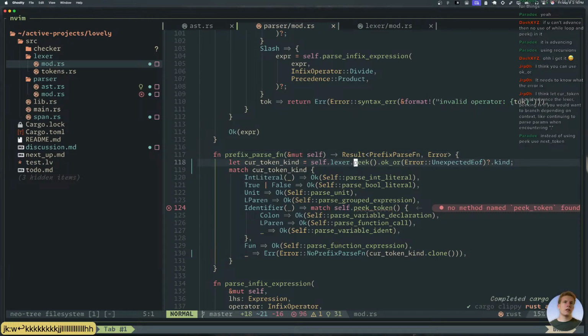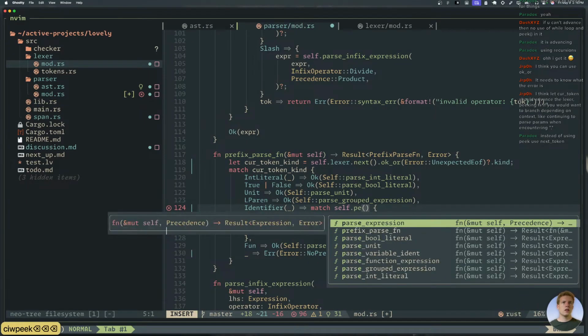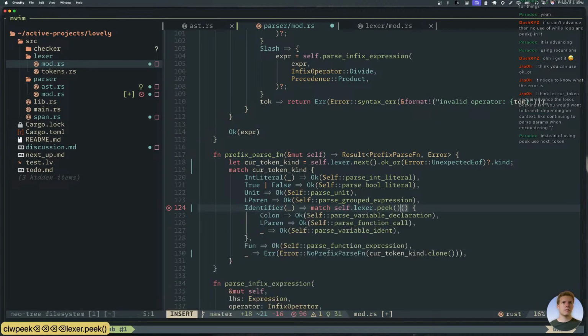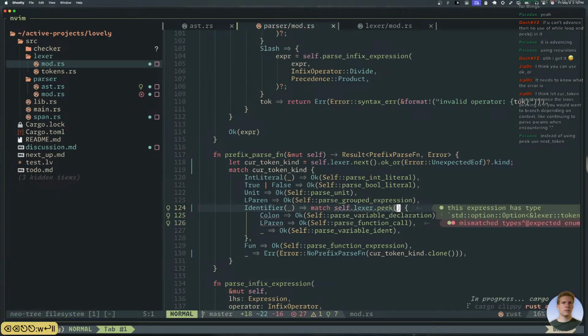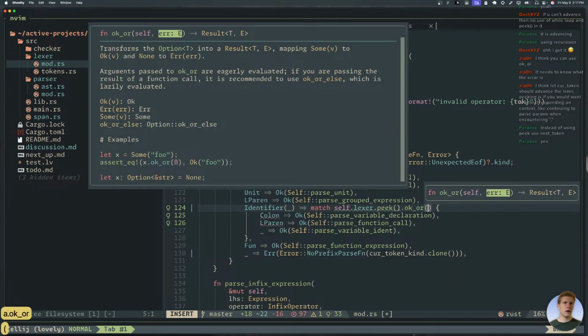Oh, you mean like right here, use next? Gotcha, yeah. And then here I can just peek, because this would be peeking for the context. Is that what you're saying? Lexer.peek. Okay, exactly, cool.